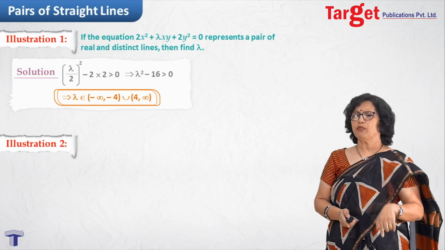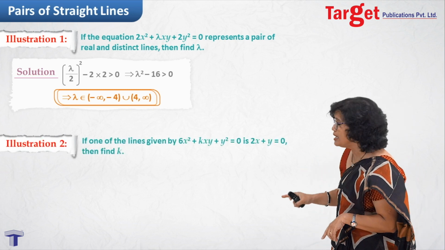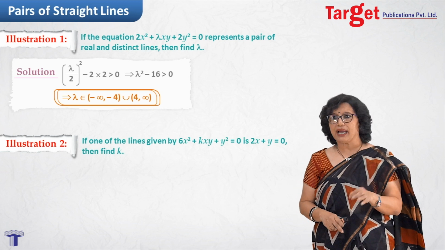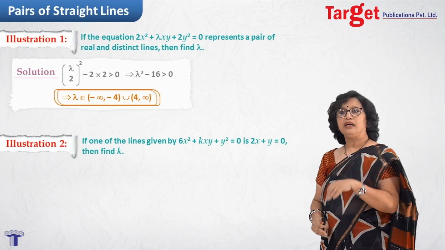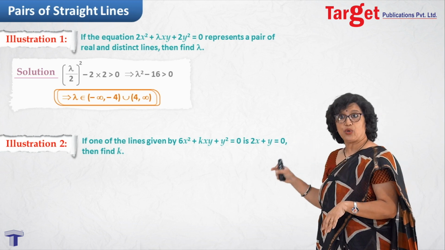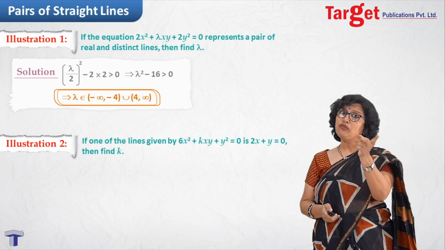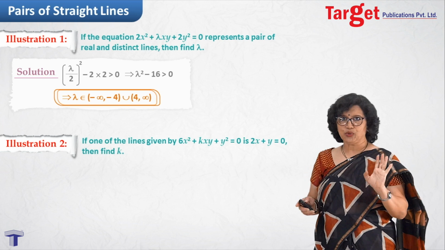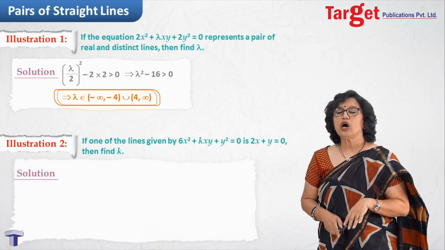Let us take one more illustration. The next illustration is: if one of the lines given by 6x square plus kxy plus y square equal to 0 is 2x plus y equal to 0, then find k. Now one of the lines is given to you. The other one we do not know, but we have to find k. Now, if